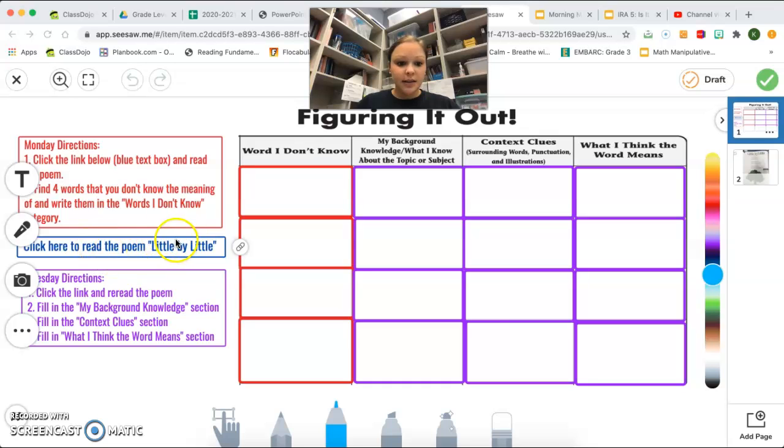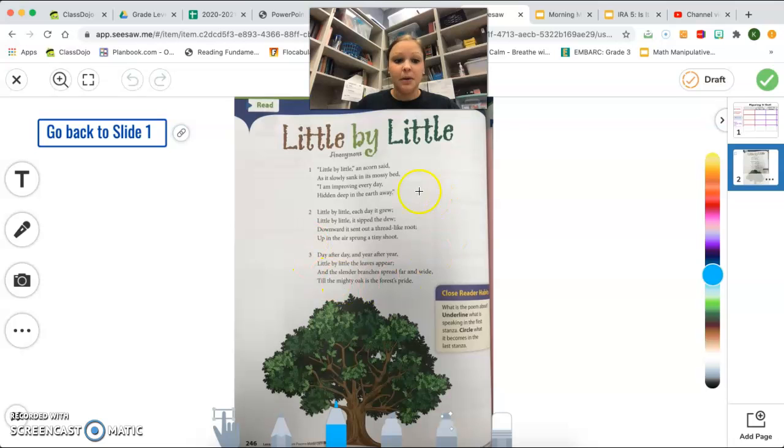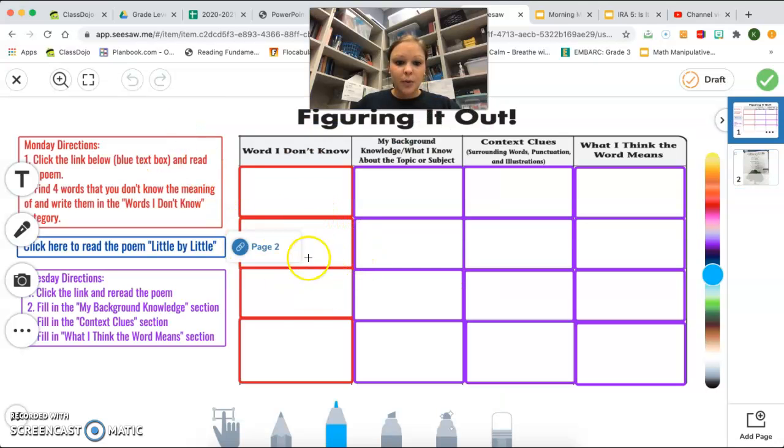You're going to click this link again and read the poem little by little again. I know you've already read it, but I really would like you to read it again. Once you're finished reading, you're going to go back to slide 1 and you're going to remember the words that